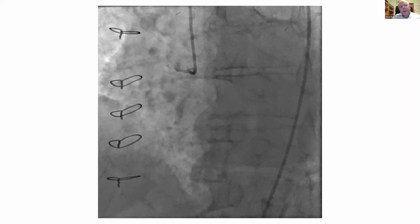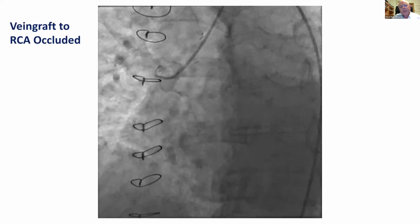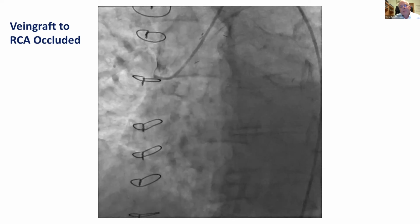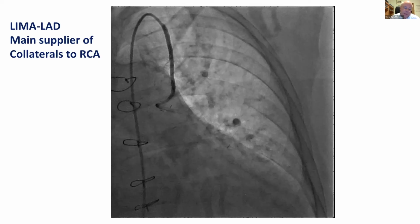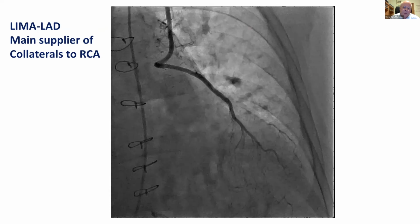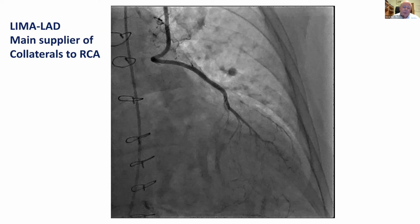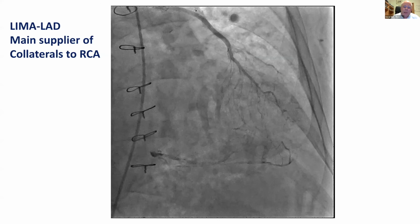And what happens is then that, as I showed you, the vein graft is of course occluded, which you saw, and then we jump to the LIMA, which is actually quite open and is sort of the major supplier of the distal right. So the main supply to the right goes through the LIMA. Okay, so he comes back then, we want to plan this procedure,